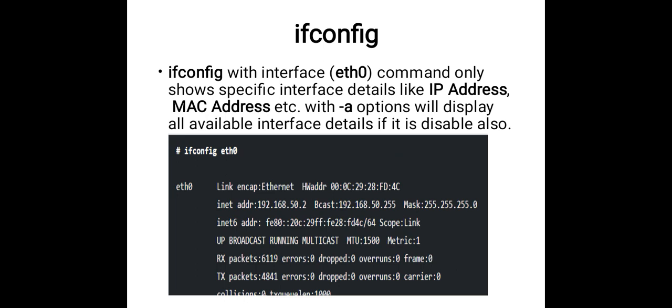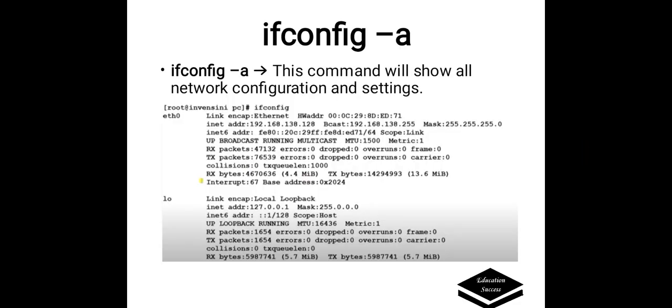Means if we give only eth0, it will show only that interface's details like IP address and MAC address. But with the -a option, it will display all the available interfaces. It doesn't matter whether it is disabled or not. Ifconfig -a will show all configurations and settings of the interfaces.